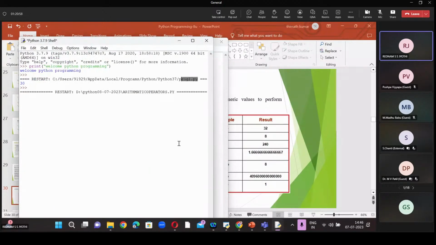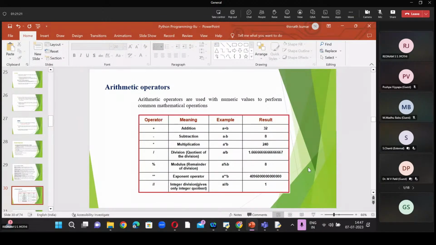Now the command prompt shows enter a number, it asks for the number 10 and again 23. Then it displays the addition, subtraction, multiplication, division, modulus, and the exponentiation, and finally integer division. So this is the output of this particular program.